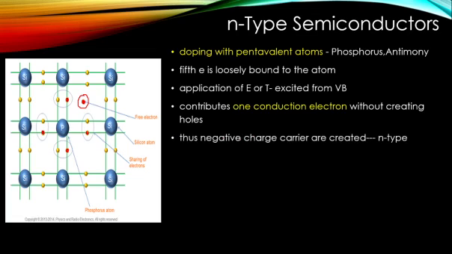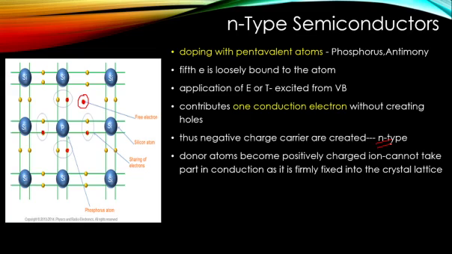So what is the inference from that? Negative charge carriers are created and hence the name n-type semiconductor is given to such kind of extrinsic semiconductor. So the donor atom, what will happen to the donor atom? It is losing one electron. So if it loses one electron and negative charge is going off, what will happen to the neutral form of phosphorus atom? It will become positive. So it becomes a positively charged ion. But can it take part in conduction? It is also a charged ion, right? No, it won't be taking part in conduction because it is fixed to the lattice due to the bond formation